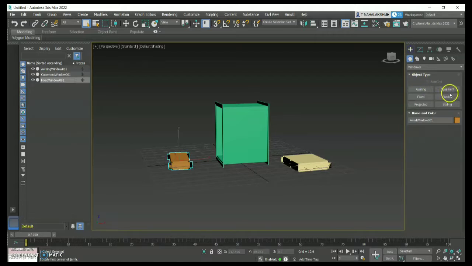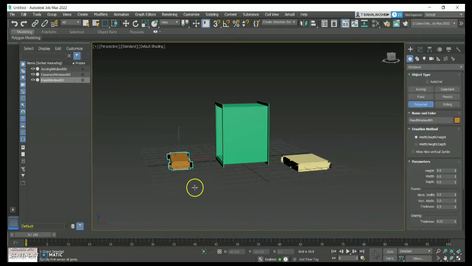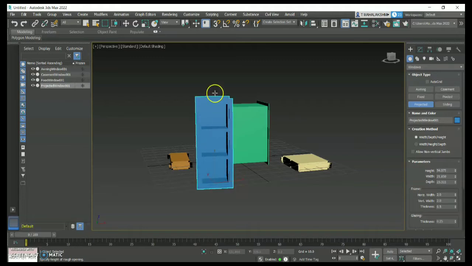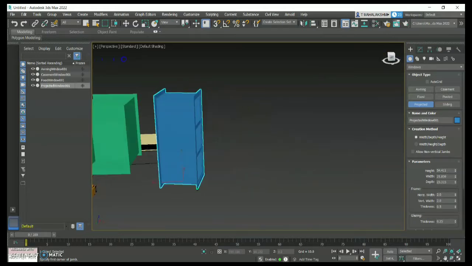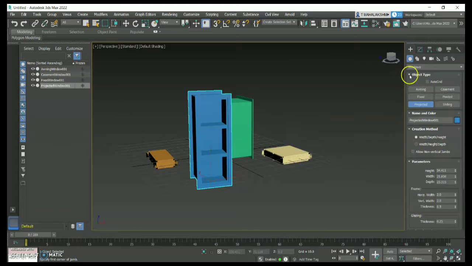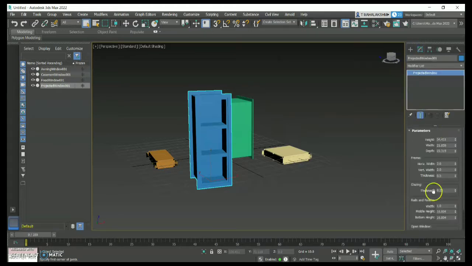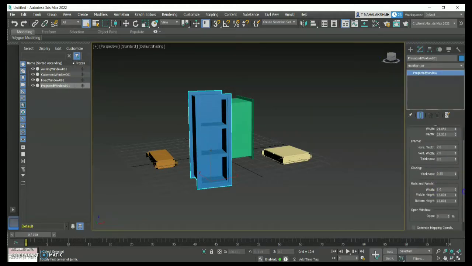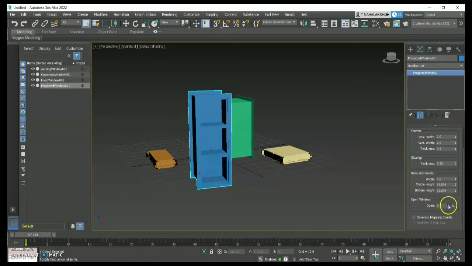And the next thing is going to be projected window. So let me click on to projected window. And now as you can see, I am creating a projected window with 3 clicks. One for the base, one for the width and another for the length option. Let me show you. This is how your projected window will look like. And now let me go to the modify option and let me click on to the option called open windows and let me open it. As you can see, this is how your projected window will open and close.